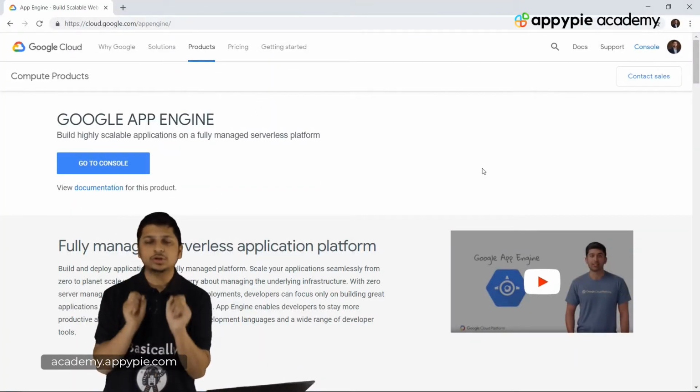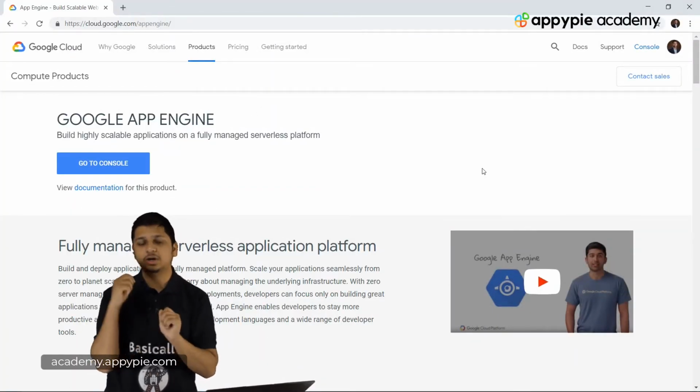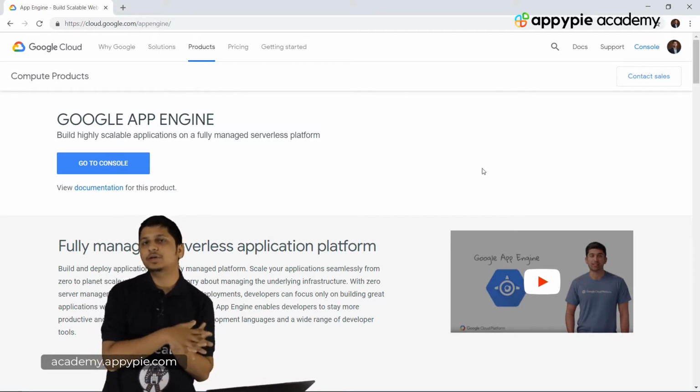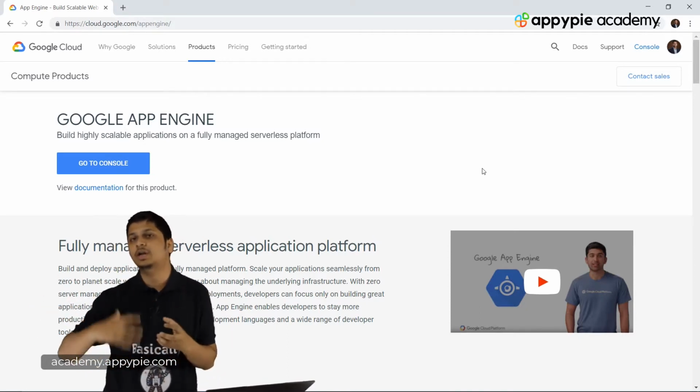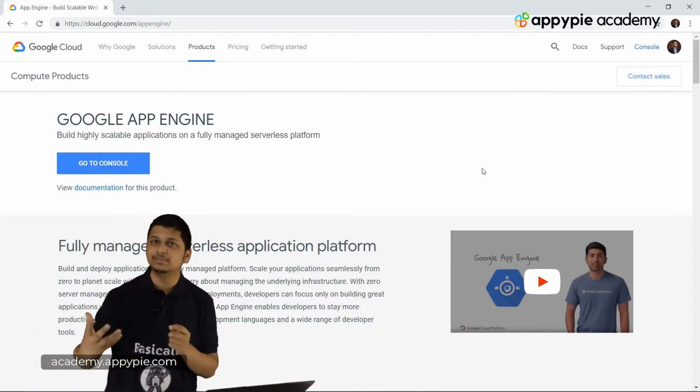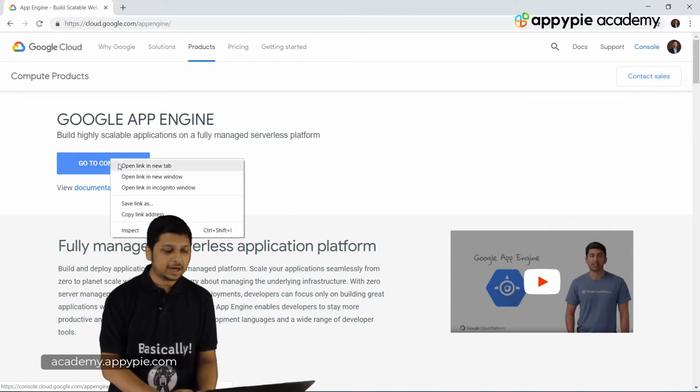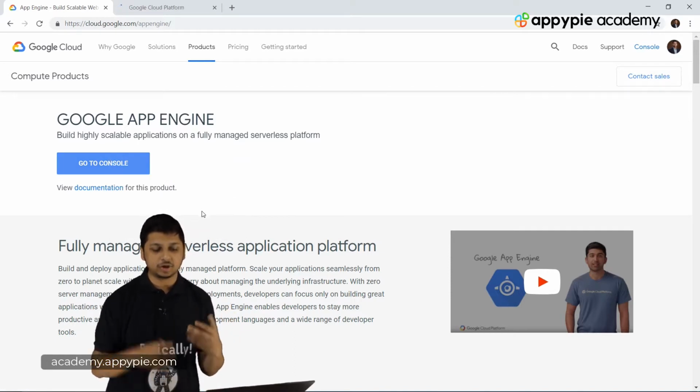So now this is also a very important aspect of cloud computing, where you are focusing on how we are going to deploy the app on a particular cloud so that it is accessible to the mass audience. Okay, so for now we are looking at what Google App Engine actually is.